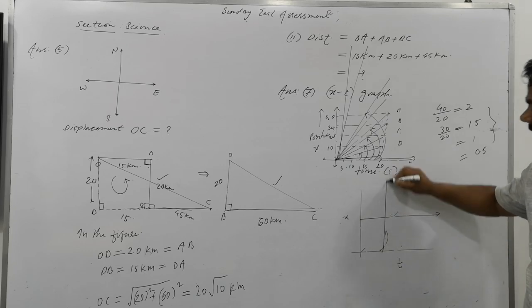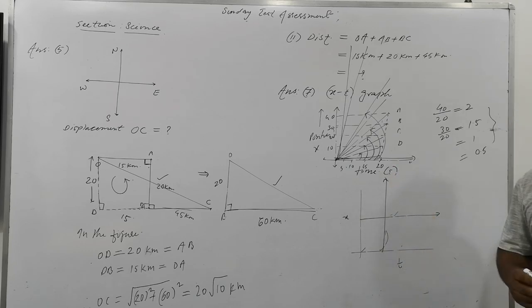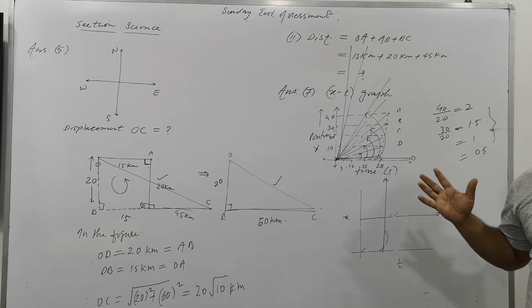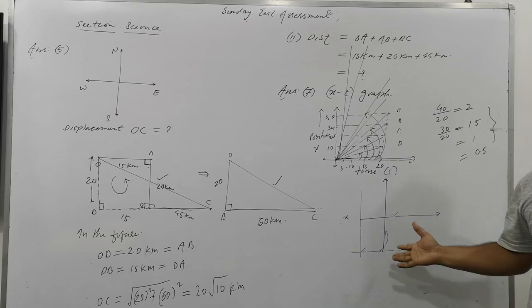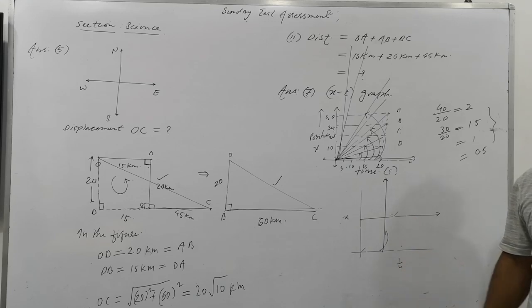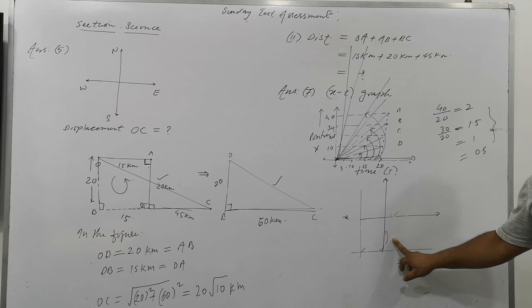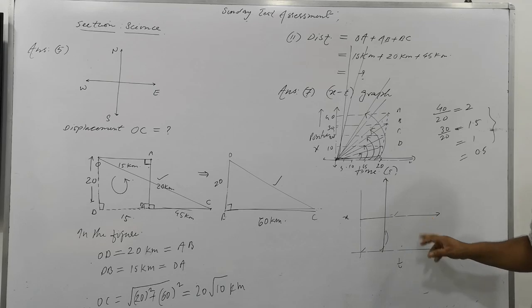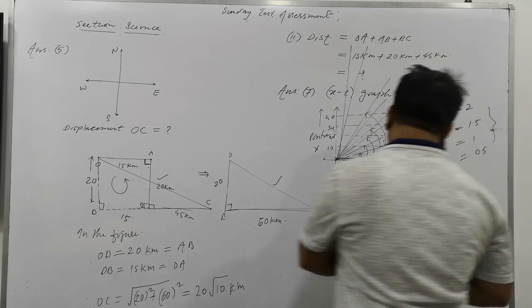And what about this curve here? Is it possible that the time is not varying and the object has traveled an infinite distance? No. The distance is so much you cannot count. Is it possible practically? No. This situation is not practically possible. But this is possible here, the curve between the axes.